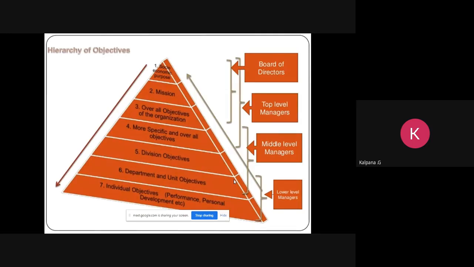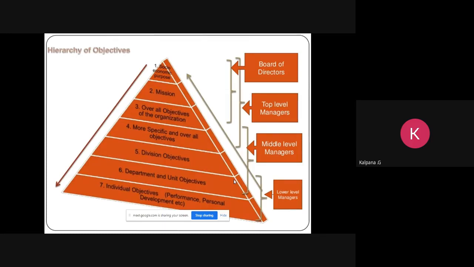In regard to the objectives, as a hierarchy, generally the top level management of an organization assigns a part of the mission to a particular department, and then the mission is again subdivided into a few parts and assigned among different sections or units and individuals. This process creates a hierarchy of objectives. Objectives at all levels in the organization should be interrelated, and they are said to form a network. So this is the second point: objectives are said to form a network.